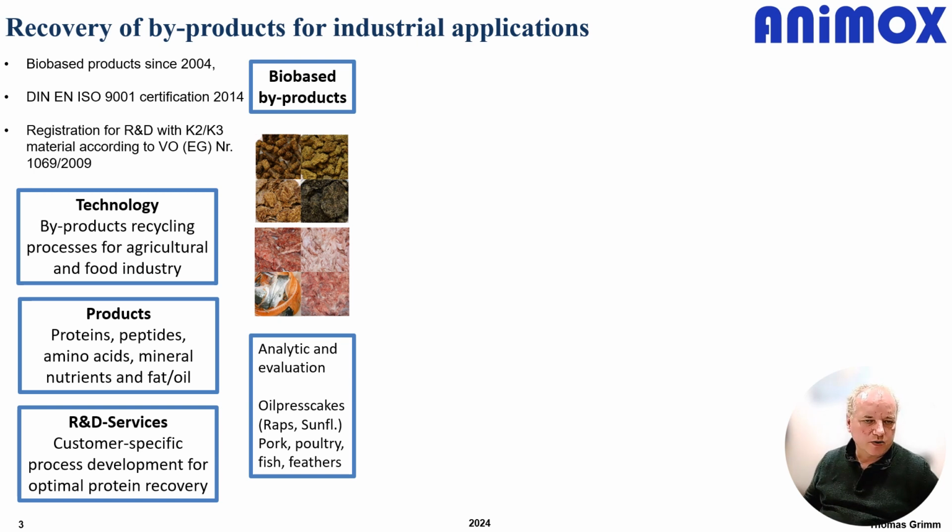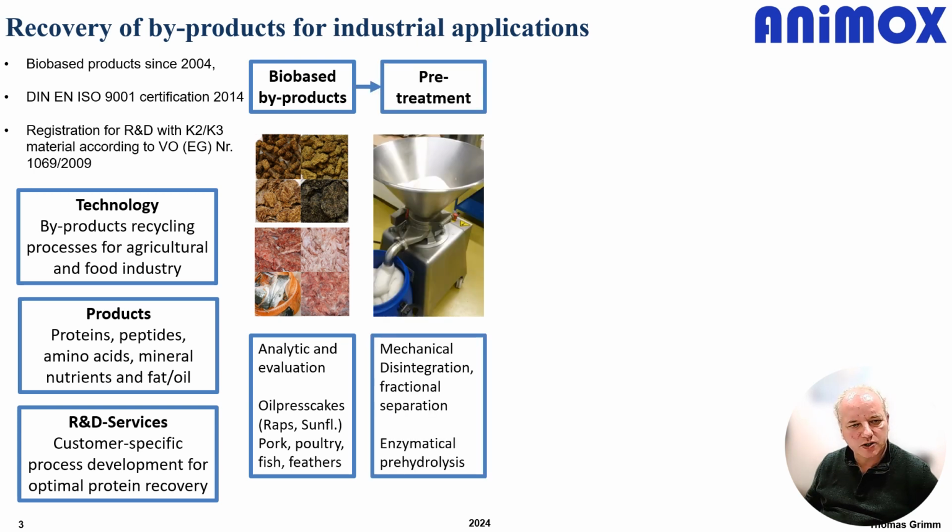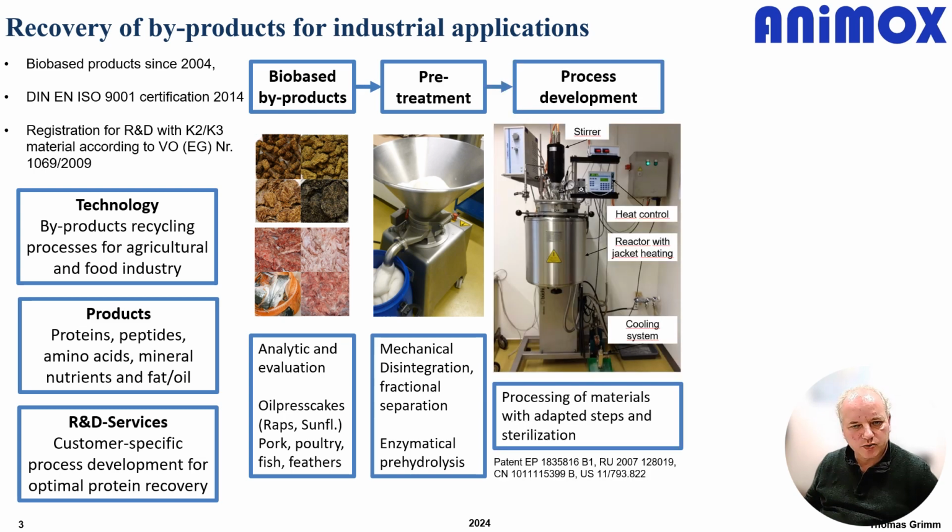We are looking for bio-based raw materials. We are analyzing bio-based raw materials for our customer and doing also the evaluation of these materials, what can be done with these materials. We are developing different pretreatment steps to recover different material sources out of these raw materials, and we are doing also the process development